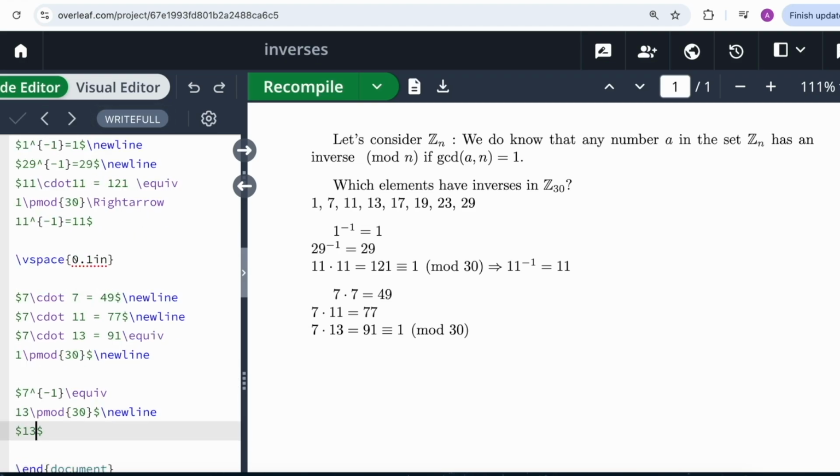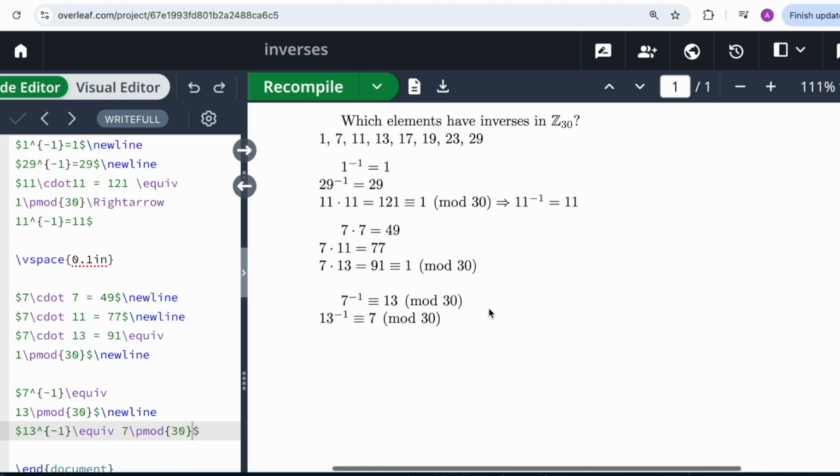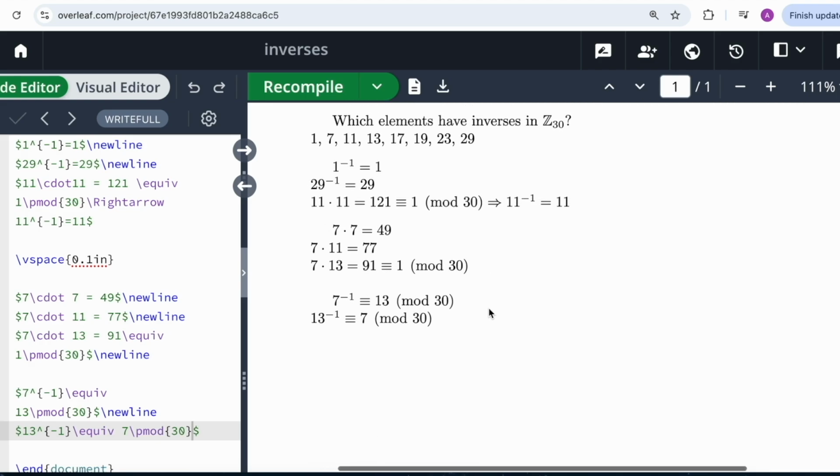Then we also know that 13 inverse is 7. Another big advantage of figuring out my list of which elements can possibly have inverses before starting to compute inverses is that when I'm multiplying 7 by different things, I only have to multiply it by things from this list. I don't have to say, oh, 7 is relatively prime, so now I'm going to figure out its inverse, and then do 7 times 8, 7 times 9, 7 times 10. I just pick from the list of things that have inverses because that's the only place I'm going to get my inverses from. So now I have inverses for 1, 7, 11, and 13,